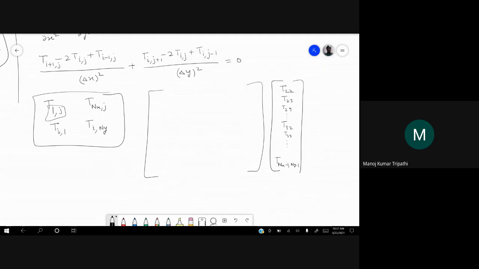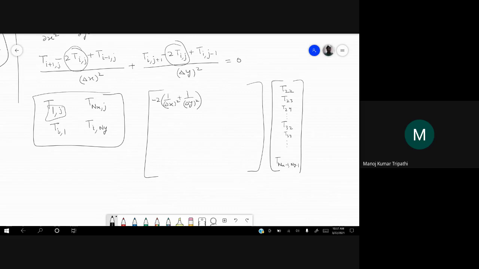When you write all the equations at all i and j points, for i equal to 2, j equal to 2, you will get T22 here and here. So it will be minus 2 times (1 by delta x square plus 1 by delta y square).